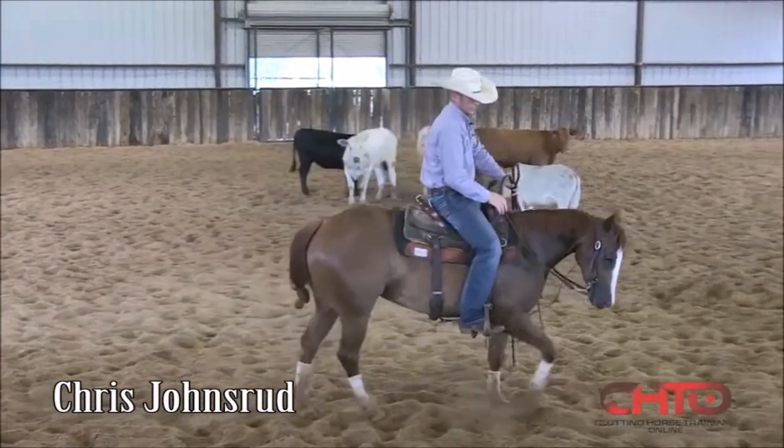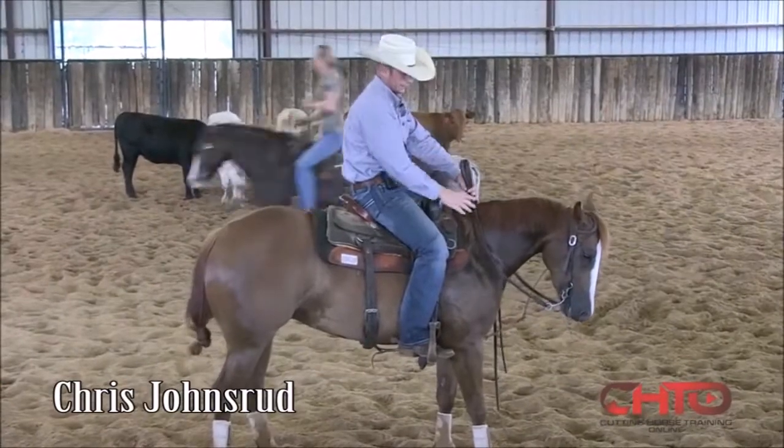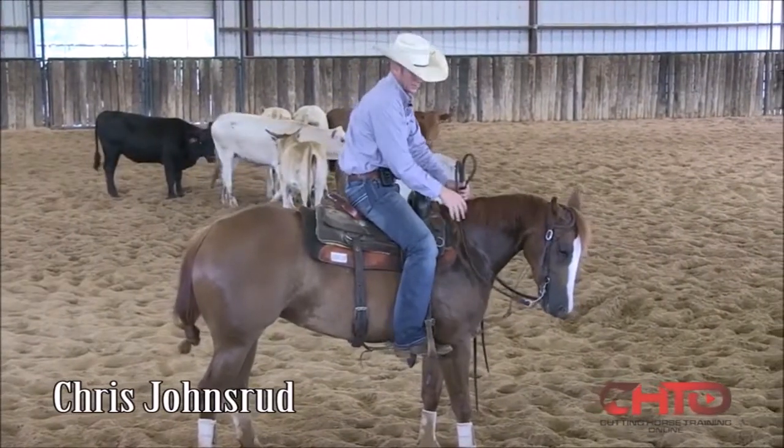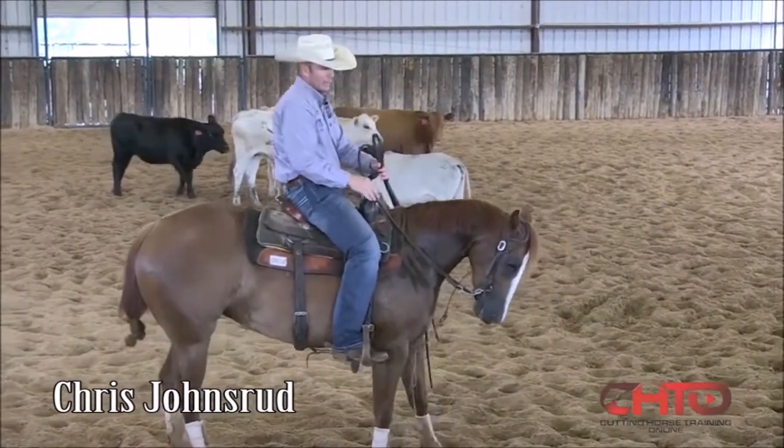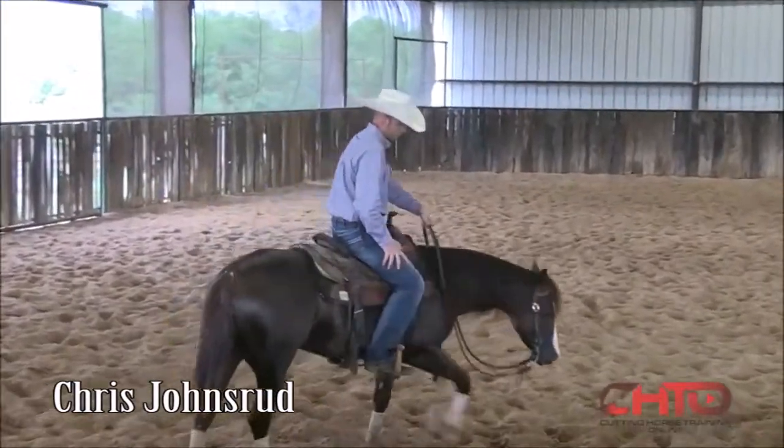She wants to get a little bit fast, so I keep those shoulders right here. If there was a cow right here, I'm keeping those shoulders up against that cow just a little bit closer than her hip is. And then when she comes through that turn,